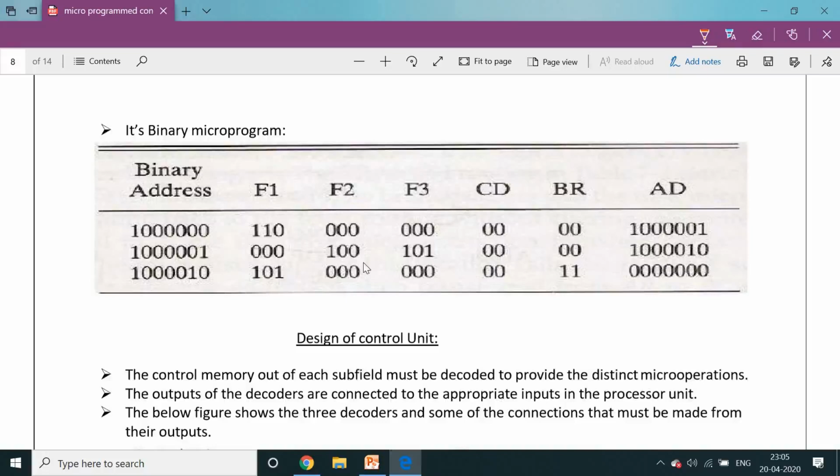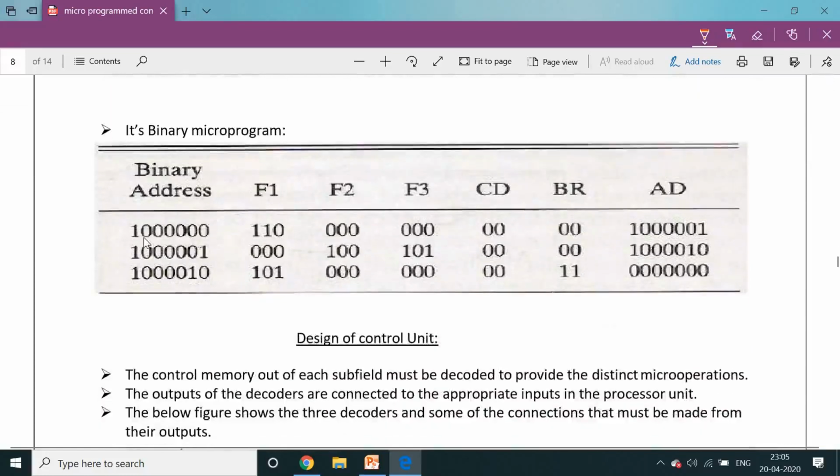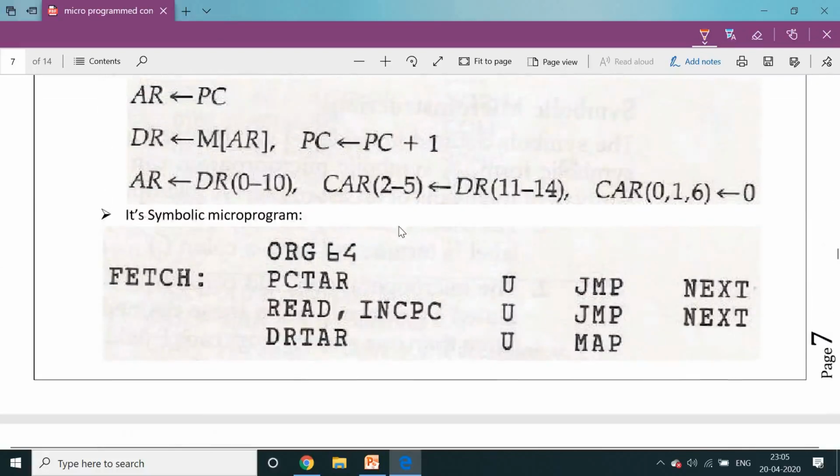For example, assume the branch fetch address is 1 all zeros. F1, what is the action? Above 3 instructions.